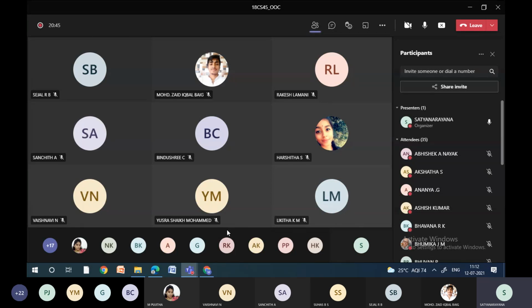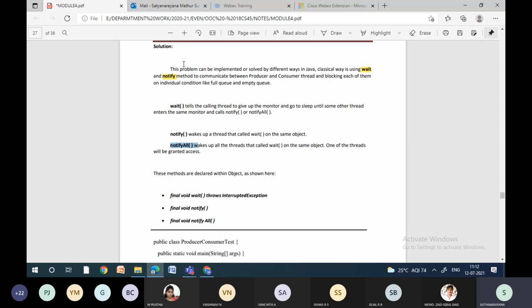The other consumers think, since one consumer is working, let me wait. But if this consumer takes additional time, or there is some failure in it, it again leads to deadlocks. So basically, in order to implement the producer-consumer problem in Java, we are going to use the wait method and the notify all method.